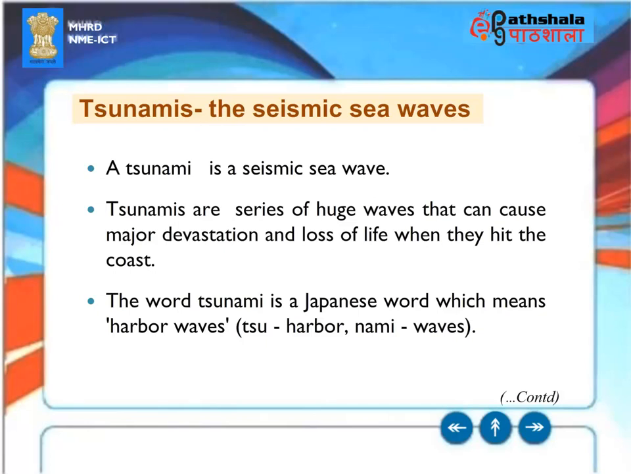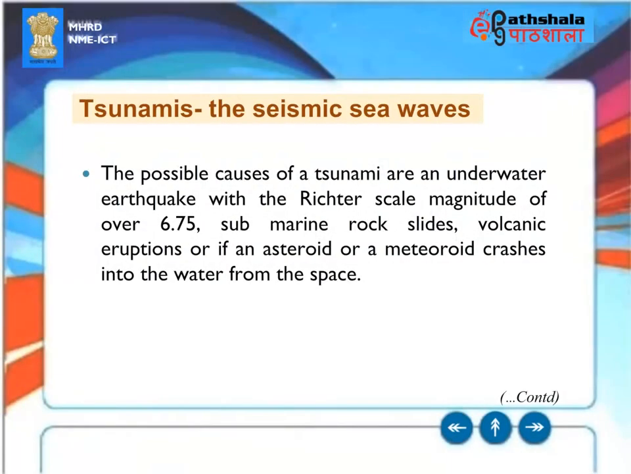Tsunamis, the seismic sea waves. A tsunami is a seismic sea wave. Tsunamis are series of huge waves that can cause major devastation and loss of life when they hit the coast. The word tsunami is a Japanese word which means harbor waves. Tsu, harbor; nami, waves. The possible causes of a tsunami are an underwater earthquake with a Richter scale magnitude of over 6.75,